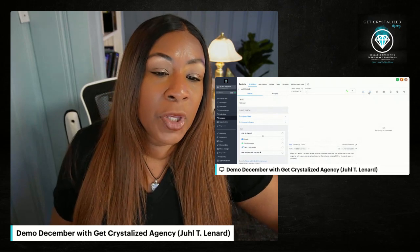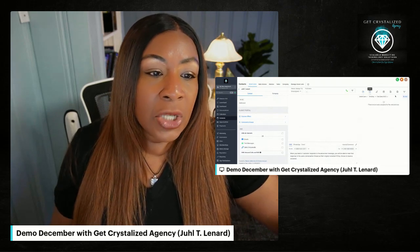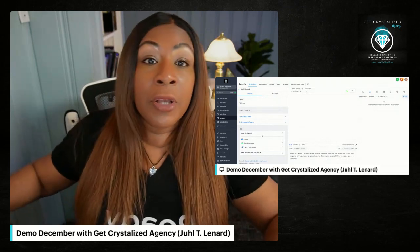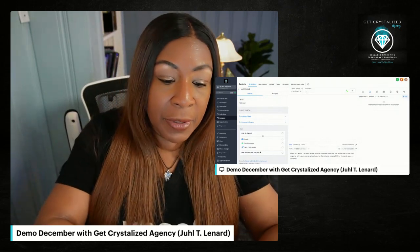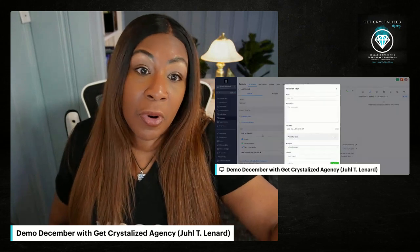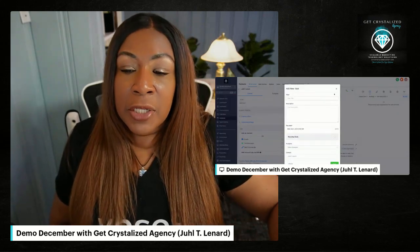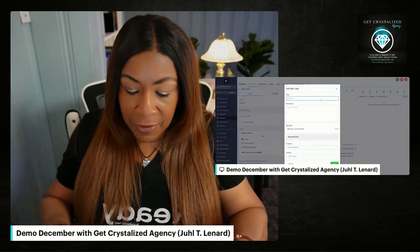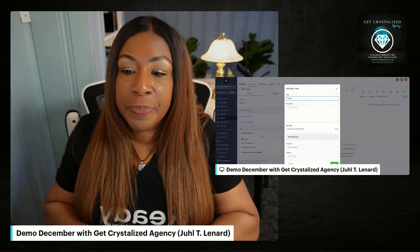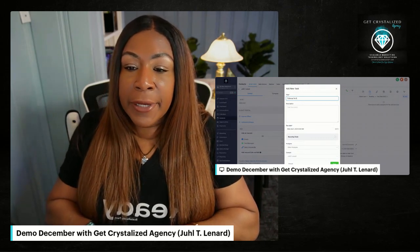So here you can add tasks. So let's go ahead and add a task, because the tasks actually show up over on your dashboard. So you'll be able to take a look right there in your dashboard and see what tasks need to be performed for this particular client. So to add a new task, say, for example, we can say follow up per request